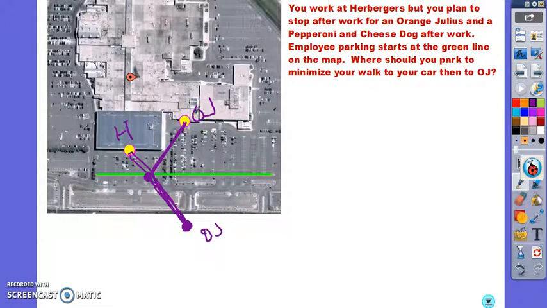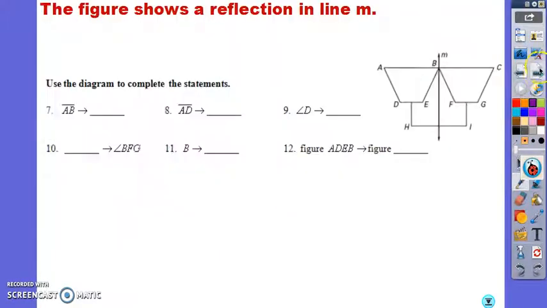So that's a theorem in our book, but it makes sense. If you just think of the reflection, then you're going to maximize efficiency by finding that intersection point to park at. All right, last thing. Oh, not last thing. So we are going to reflect AB